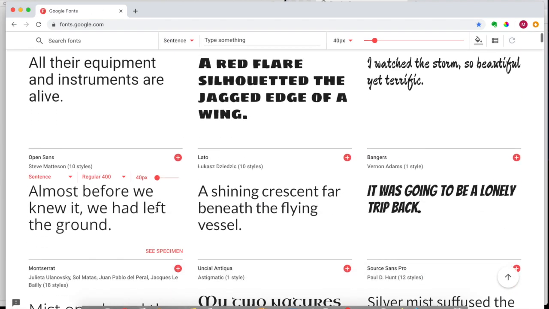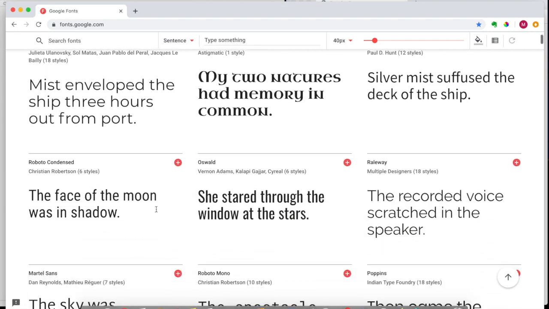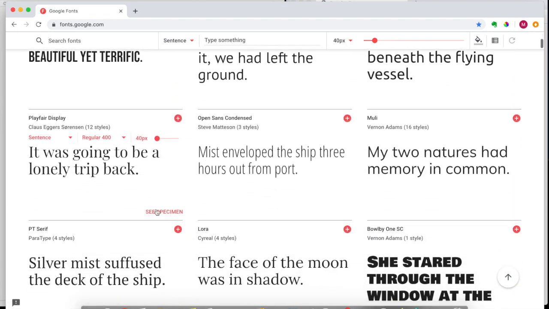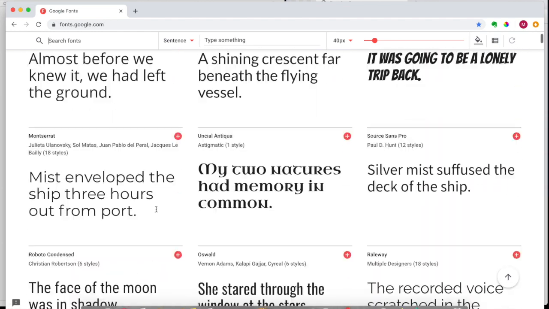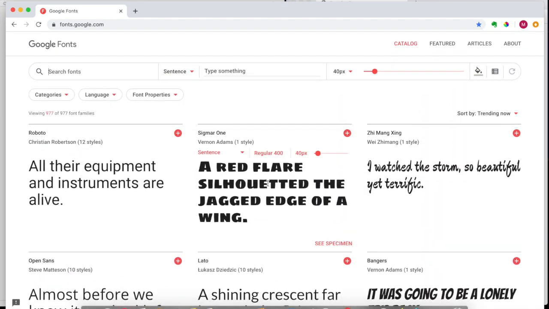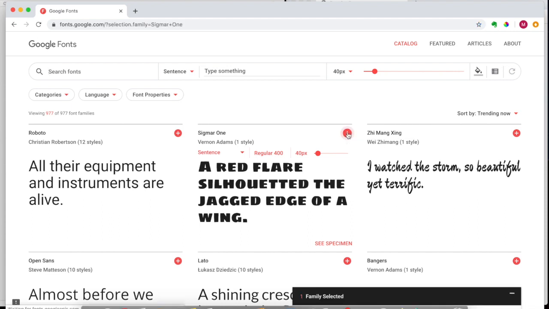Now here in Google Fonts, there's hundreds and hundreds of fonts to choose from. Okay, and let's give one a whirl. Let's go for this big one in the middle, the red flare. It's called Sigma 1, and all you have to do here is click the little cross, top right hand corner,